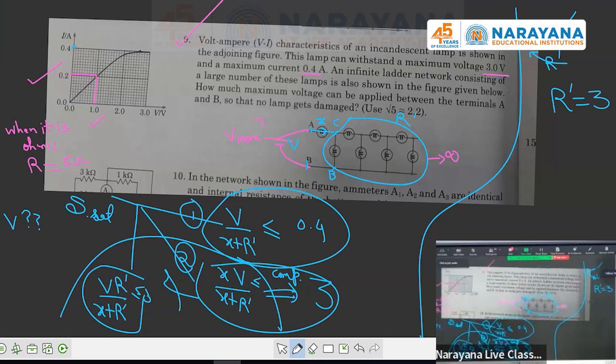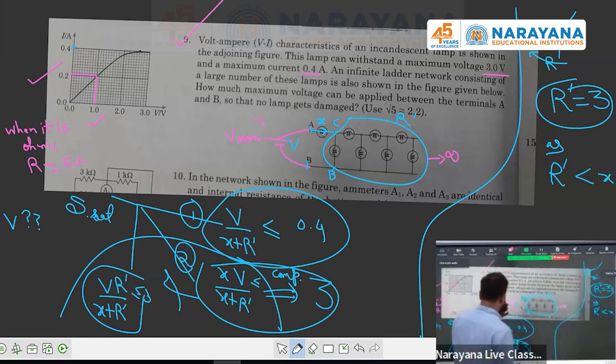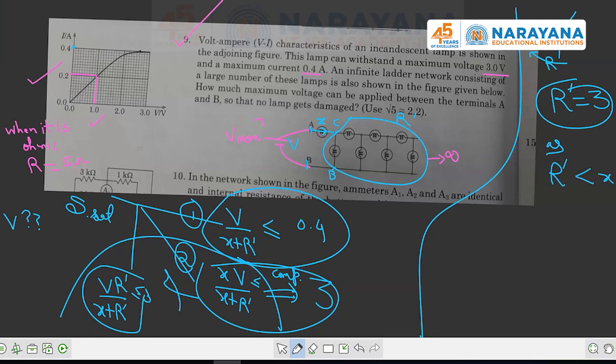कौन कौन सा सॉल्व किया प्रथम? As R prime was 3 and you are saying R prime was coming out to be less than X. तो R prime तो छोटा ही आ रहा था और वो आउटर डोमेन में जा रहा था. So this point I accept. So then finally what you got, finally your equations which you should need is V upon X plus R prime is less than equal to 0.4. This is the equation and the second equation is